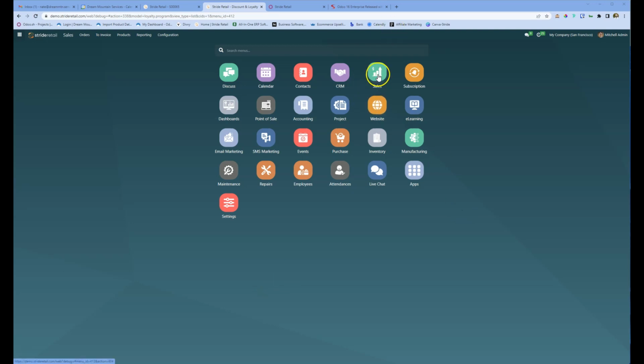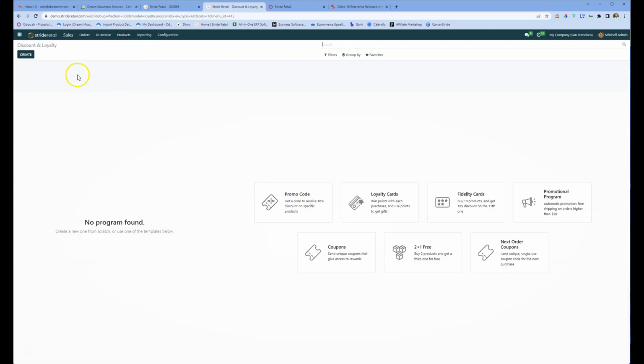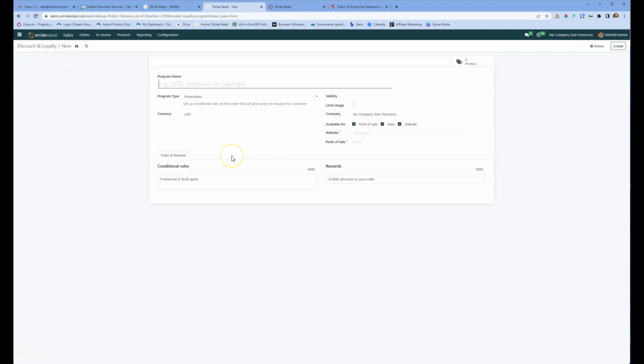So in order to do that, we're going to hop into our sales module. We're going to go to our products and then discount and loyalty. So that pops up here and you can see there's all sorts of different things we can create. So we're just going to hit create here, and that pops up this dialog box. So I'm going to name this program 10% off all furniture